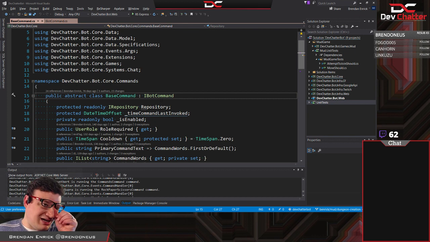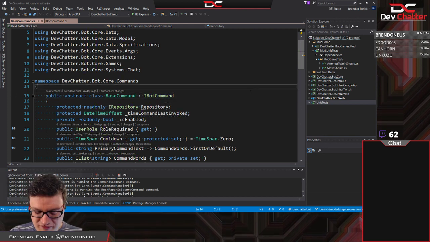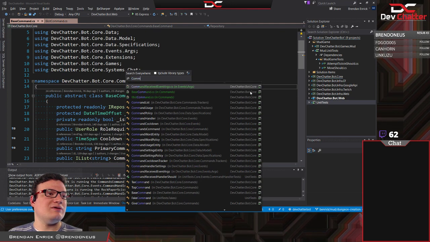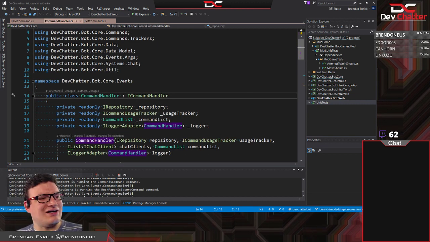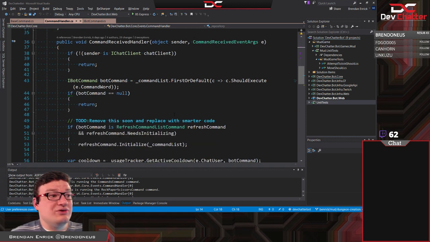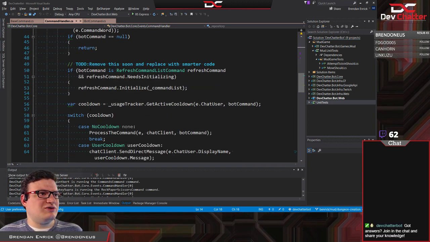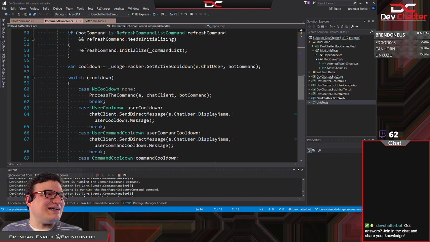If we look at where the IBotCommand is actually used, we will find that it is being used in the command handler. So over here, what you'll notice that we do is, I forgot that was in there.